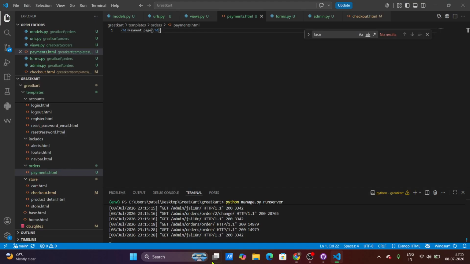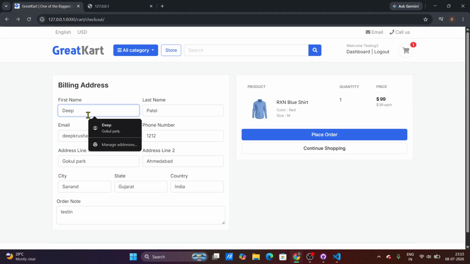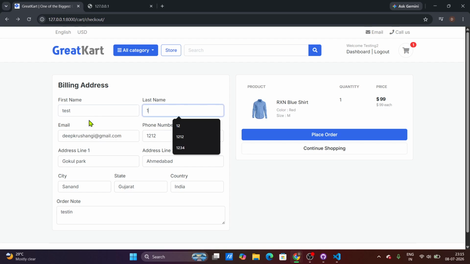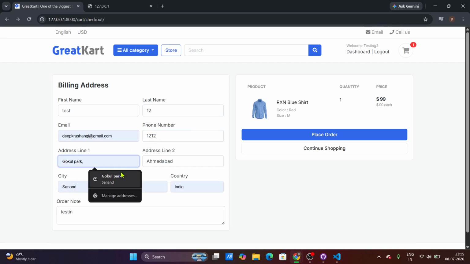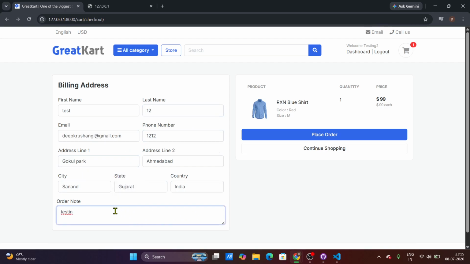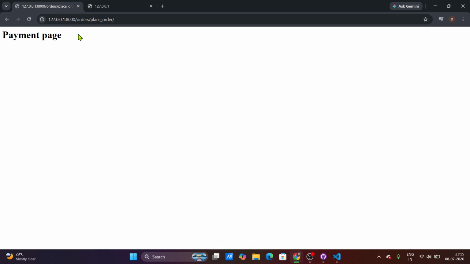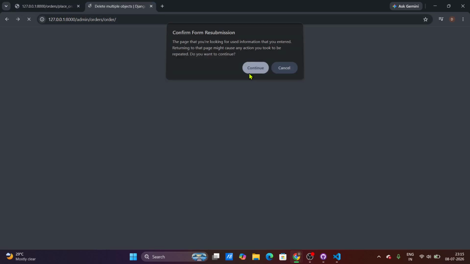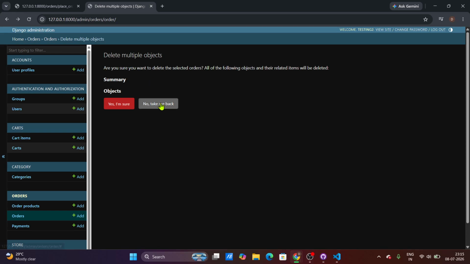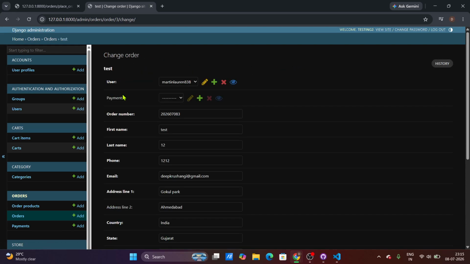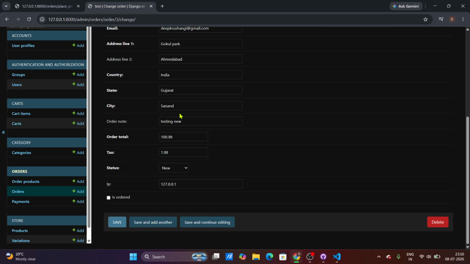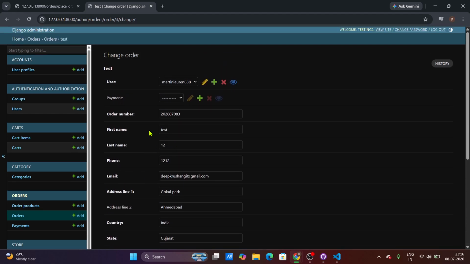So again, now let's give the name test 1 2 and testing new. Now let's create new. So you can see, guys, that we are redirected to the payment page, and obviously a new object should be created. So this test object was created with all of these fields. Okay,